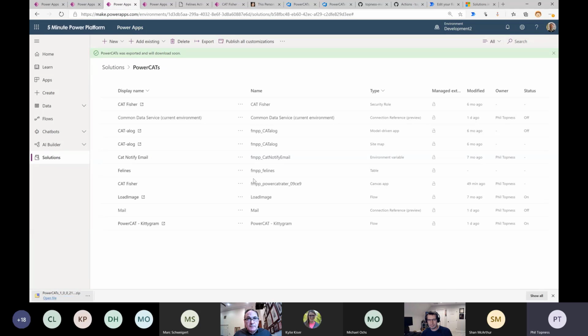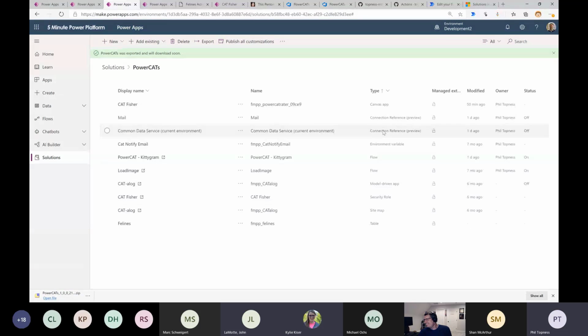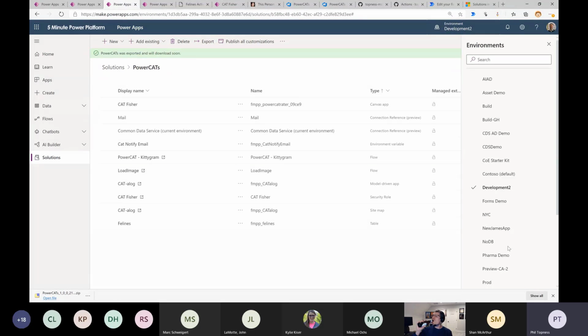So what this did then is this exported a solution file. So you got all this cool stuff. They export into the solution file, which is a zip file. And so then if I wanted to move this into another environment, I can import that here.